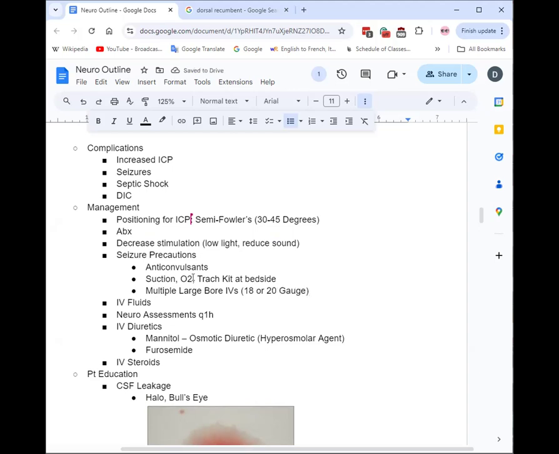By smaller I mean the number is smaller, not the actual size. Remember, as you go down in gauges that means they're bigger. So you want large bores, 18, 20, 16, so you can infuse a large amount of solution in, and you always want to have multiple, like two,